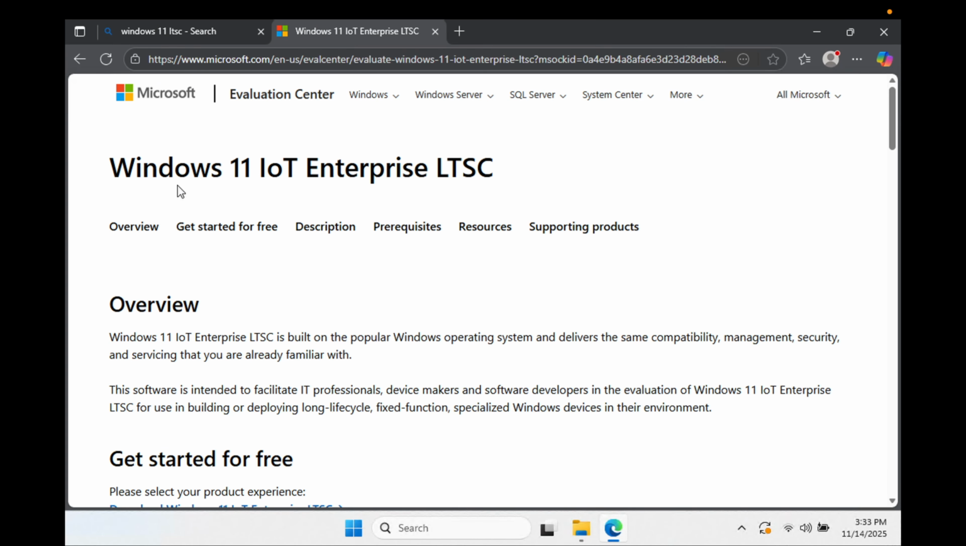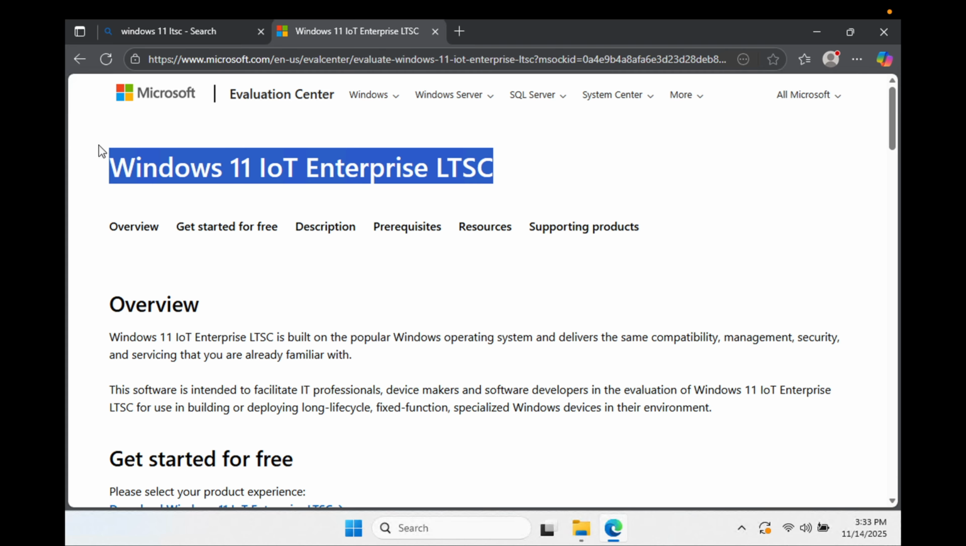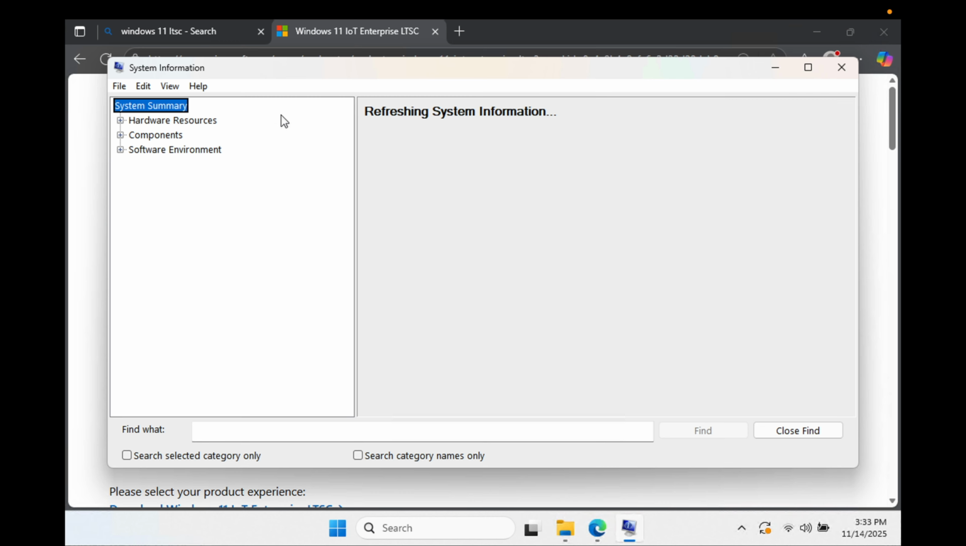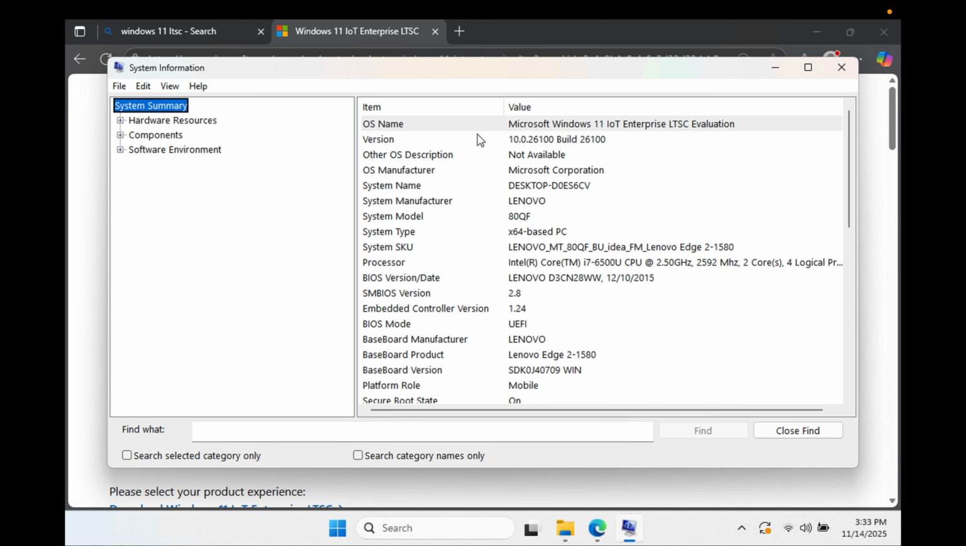This is a Windows 11 IoT Enterprise LTSC Windows machine, so I can show you. If we click the search and then go to system information, over there the OS name is Microsoft Windows 11, and this is the LTSC evolution version. So let's see how we can download and install Visual Studio Code in this computer, and let's see whether it